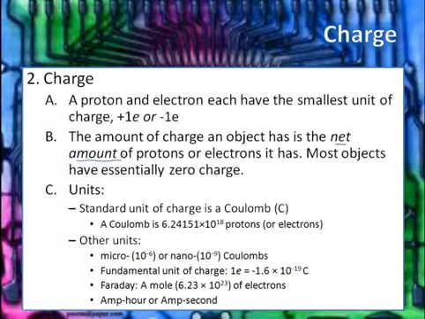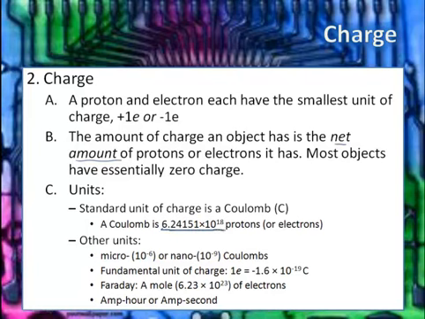So that is one of the units, is just the number of electrons or number of protons. That's when you use the E. But that's not the standard unit, because typically we don't talk in terms of that many. It's just that's too small of an amount of charge. So the standard unit for charge is what's called a Coulomb. And a Coulomb is defined to be